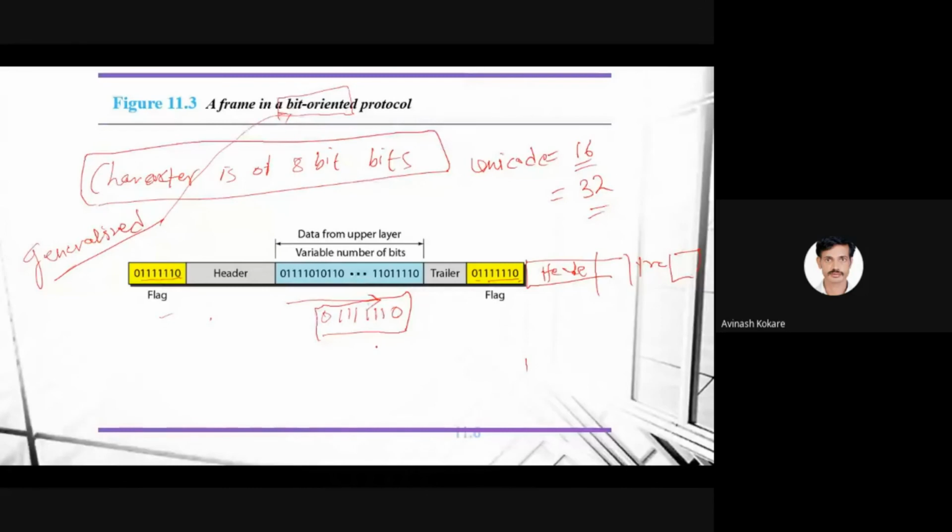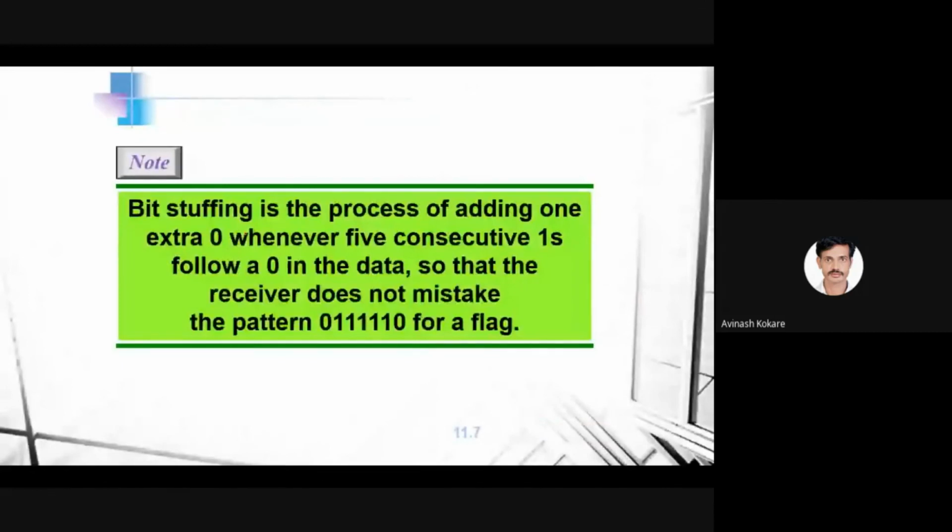For that reason, we have to stuff bits. Bit stuffing is the process of adding one extra zero whenever 5 consecutive ones follow a zero in the data, so that the receiver does not mistake the pattern. Whenever there are 5 consecutive ones, 1, 2, 3, 4, 5, you have to insert a zero. Then start counting again.